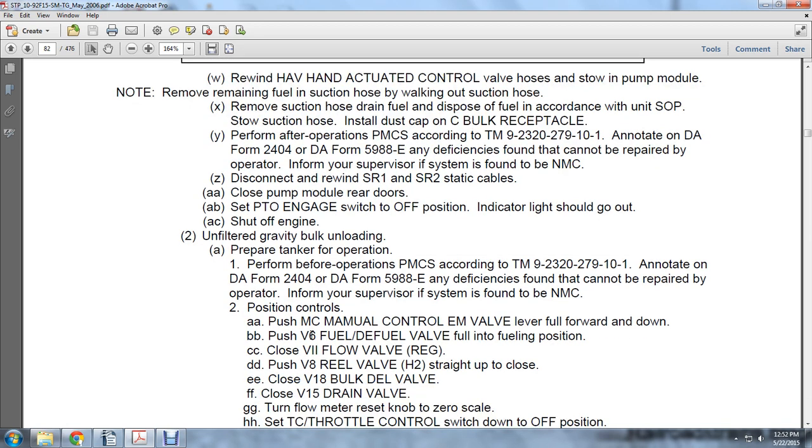Position control. Push the MC manual control EM valve lever full forward and down. Push the V6 fuel dewaxing valve to the fueling position. Close the V12 and the flow valve regulator. Push the V8 rear valve and the H2 straight up to close. Close the V8 bulk